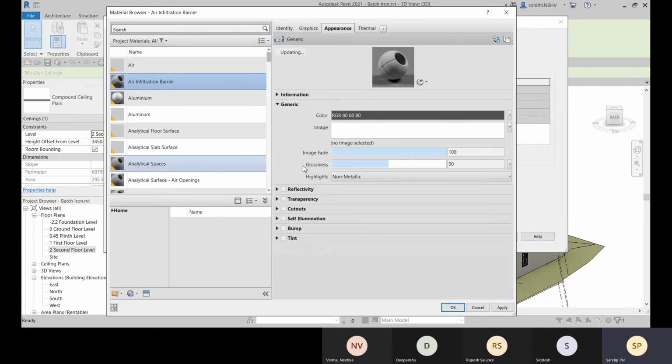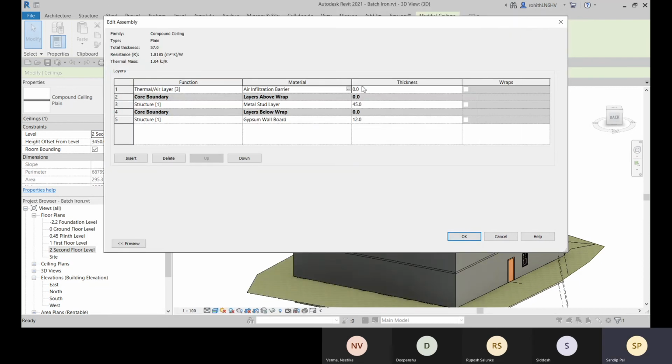You can apply this material. Let's just apply, OK. And what will be the thermal layer thickness? You can provide like 50. I'm making these changes within the original family type. You need to make a duplicate and then make these changes.